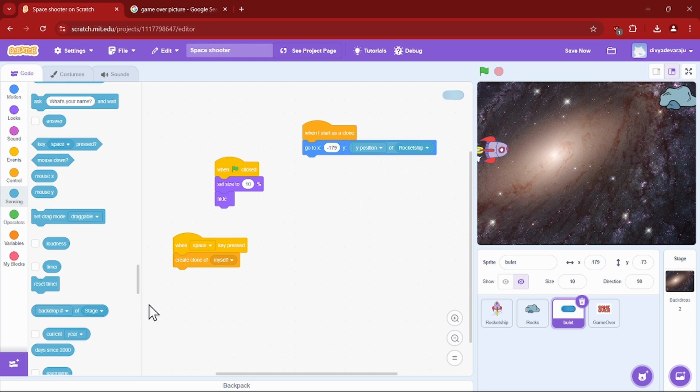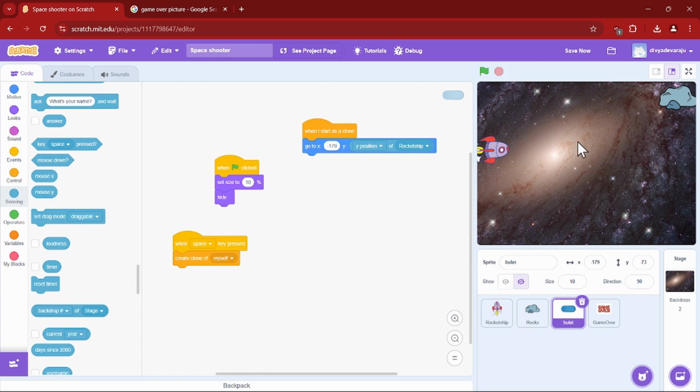We picked up this command here, backdrop/stage, and change the drop down menu. Selected the drop down menu and selected rocket ship. So once we select rocket ship, we're going to get the X, Y position and the other things, and we can change it accordingly. So now the position of the bullet is set. So I'm going to be saying repeat until